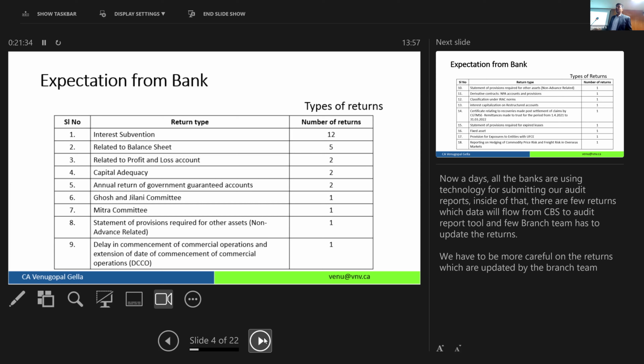So in the portfolio, we are only talking about government guaranteed accounts. Let's say I have given loan to BHEL, which is guaranteed, let's say, by central government. Now, will you give a nil report? Why not? Because they have given a guarantee.